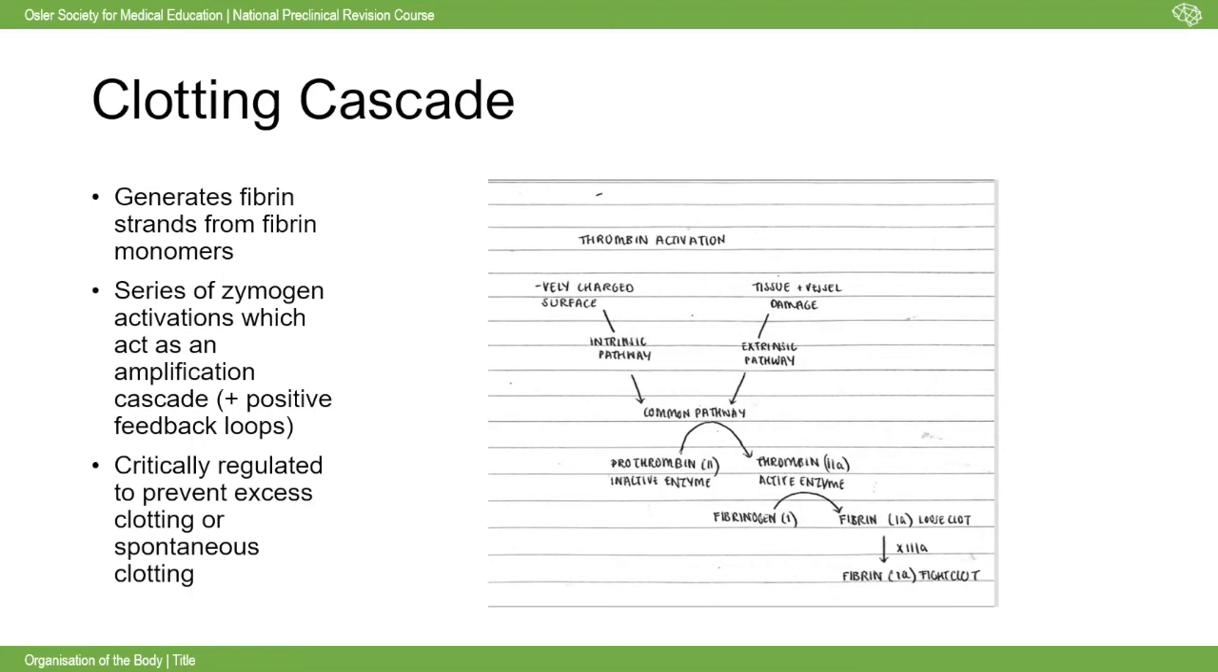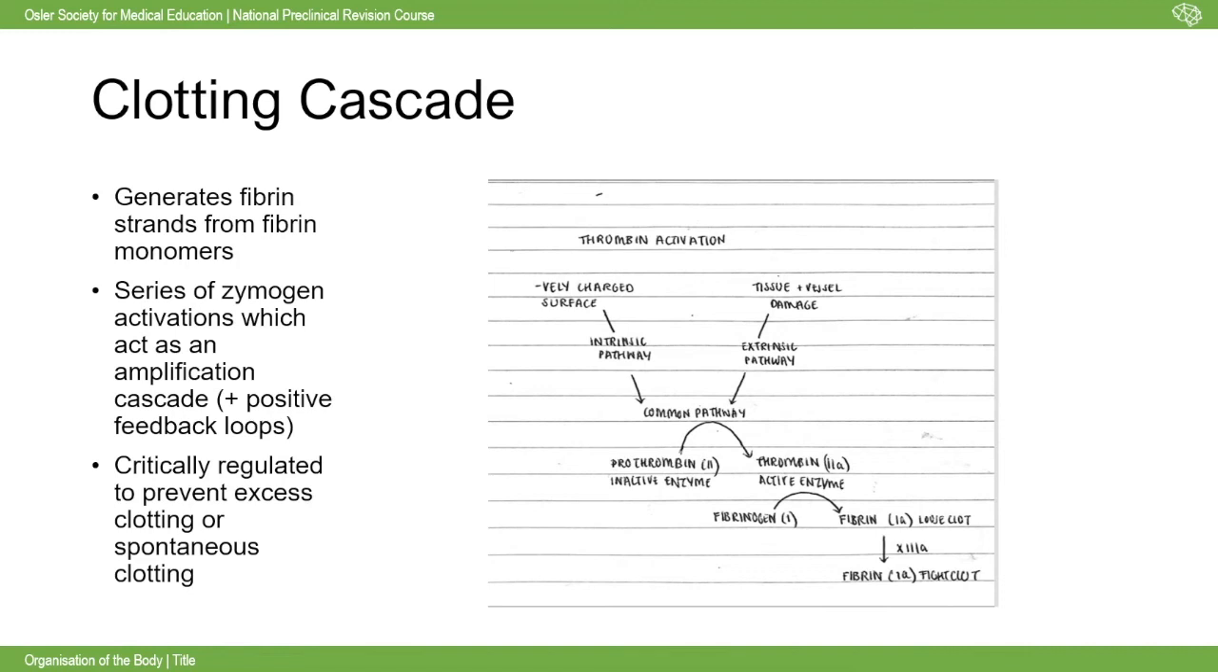So we generate fibrin strands from fibrin monomers, and this occurs through a series of zymogen activations, which I'll show you on the next slide, which acts as an amplification cascade. And we also have positive feedback loops occurring within those cascades. And this is critically regulated because